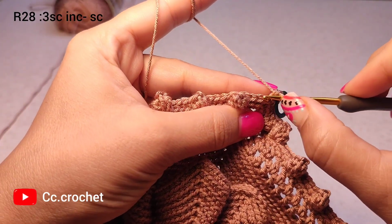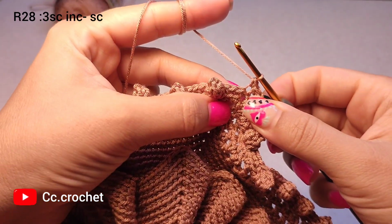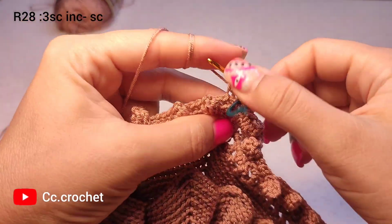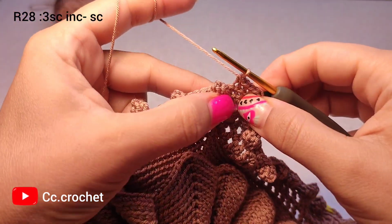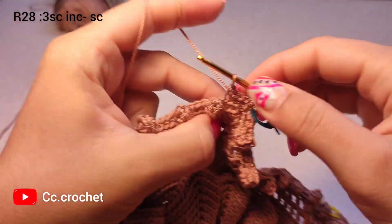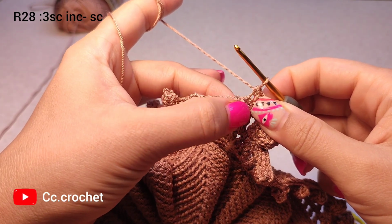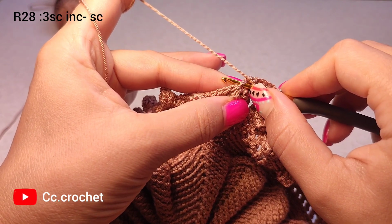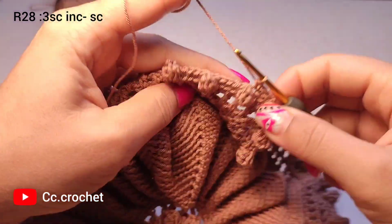Okay, here 4 single crochet, 1, 2, 3, 4, and here behind of this popcorn there is a loop, and you should make a single crochet into this loop too, and